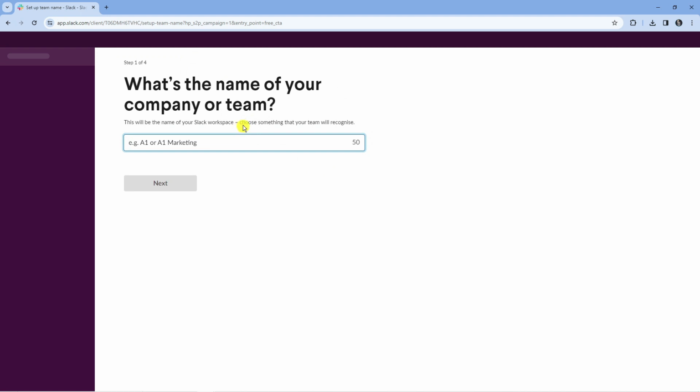So the next page asks for the name of your company or team. So this is also going to be the name of your Slack workspace, so choose something that your team will recognize. For the purpose of this tutorial, I'm just going to go ahead and call this one test